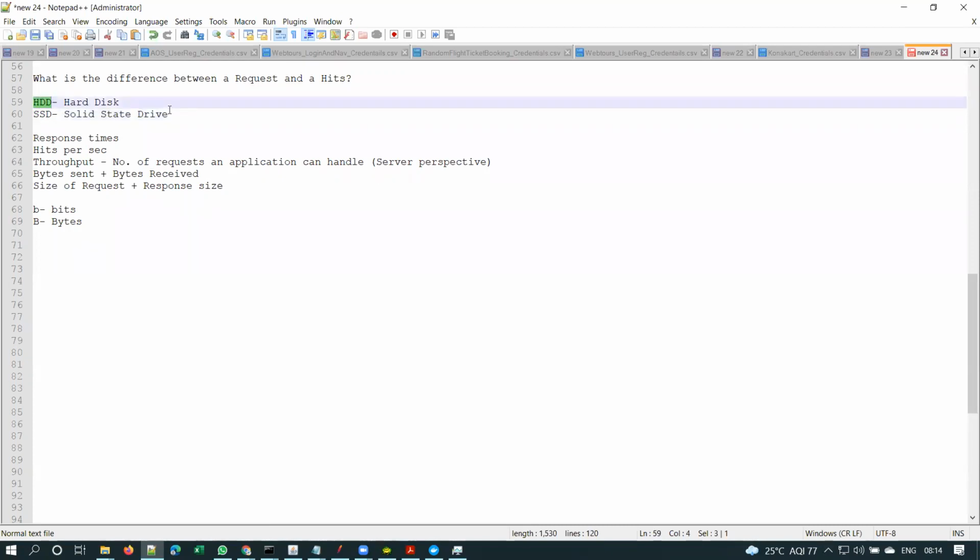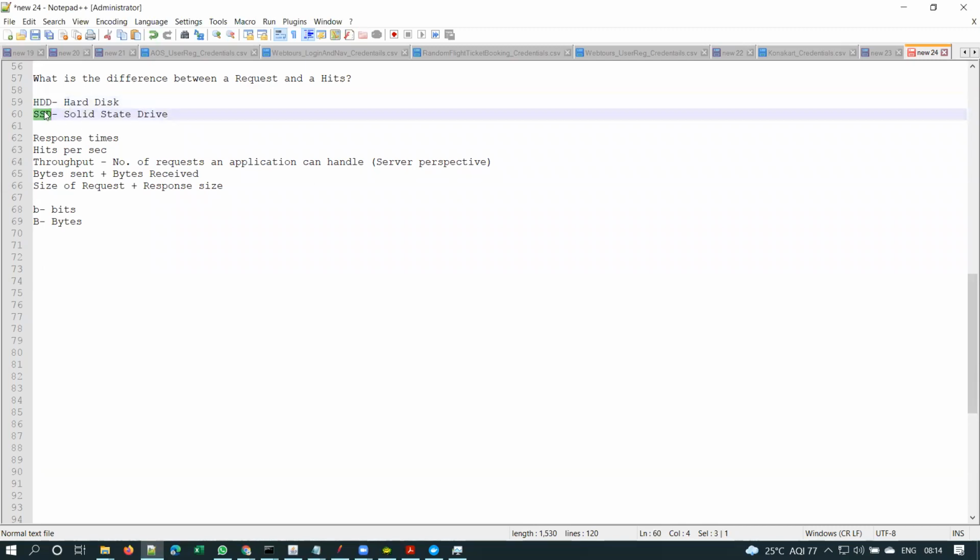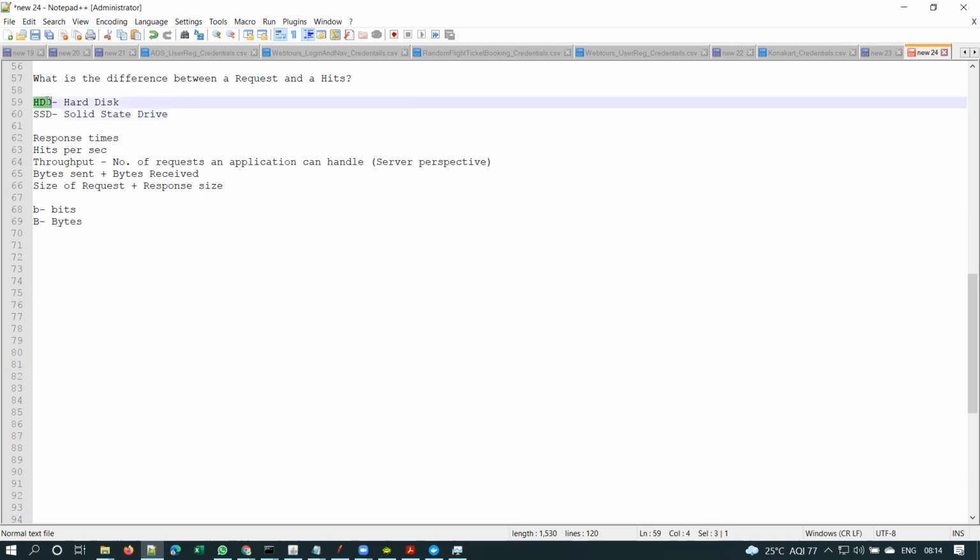Generally, this SSD will be faster than hard disk. If you want to understand how they work and the difference between hard disk and SSD, just Google it. That is out of scope here. But at a high level, SSD will be something like your RAM, and it will be faster because there are no moving parts. In hard disk, you will have moving parts, and when you try to read from or write to a hard disk, your hard disk head should be rotating, right?